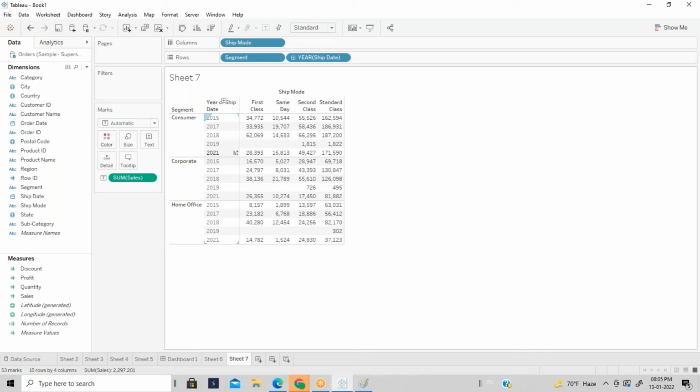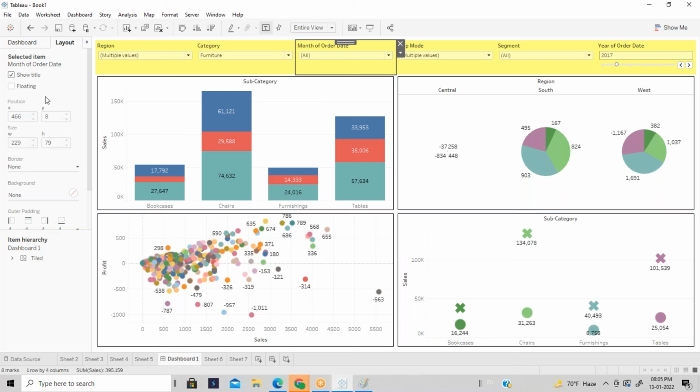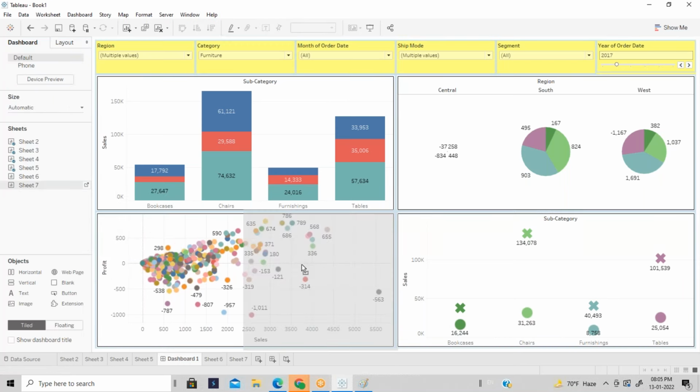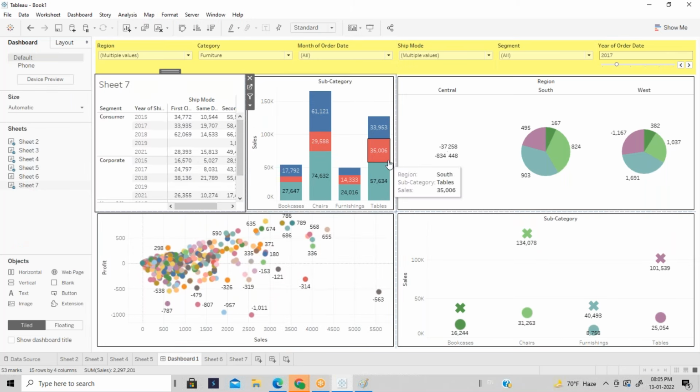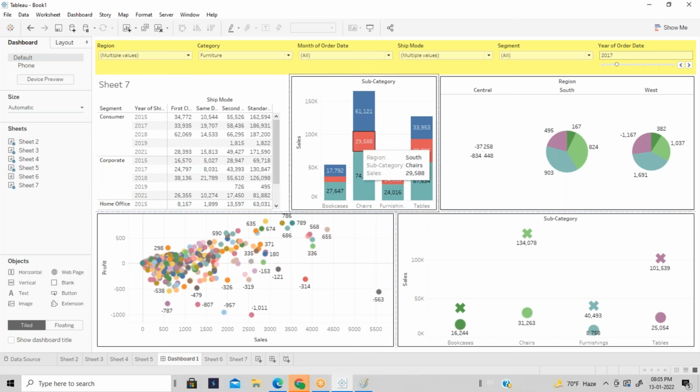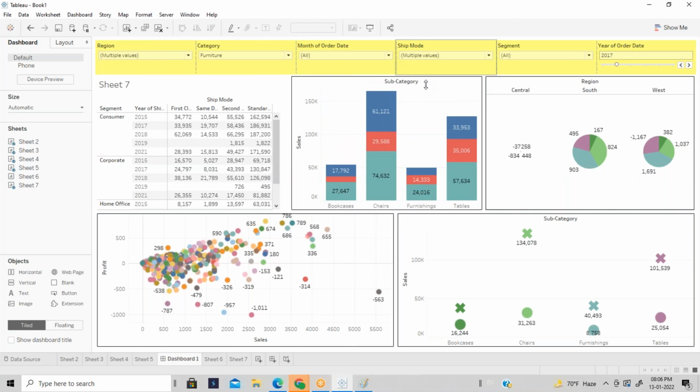So this is a simple report which I created. Now I'm going to add this sheet into the dashboard. Okay. Now, in case you select some segment here, we have a segment filter or ship mode filter, right?